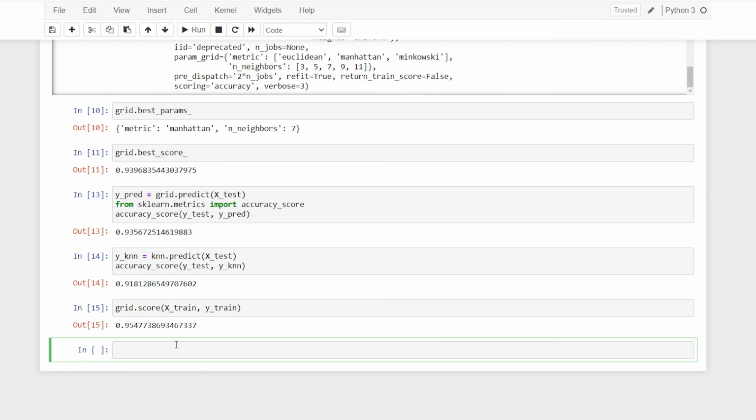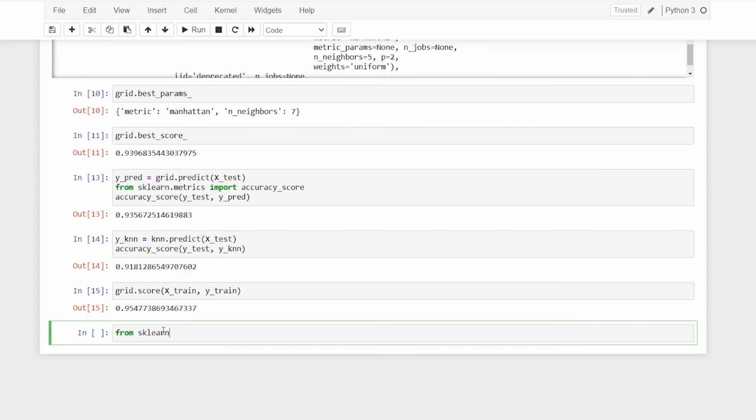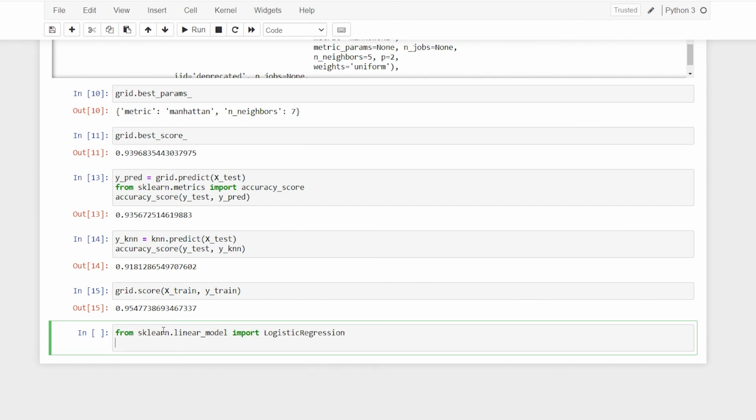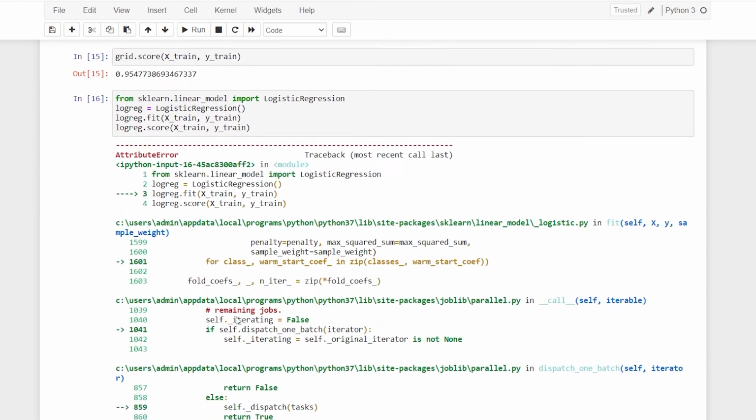So the last one I want to actually show you, even with the logistic regression, that is from sklearn.linear_model I want to import LogisticRegression. And here I'll say logreg, just the name that I want to give so that I don't confuse it with LogisticRegression. Later on I'll say logreg.fit, which is going to take my X_train. So logreg.score, and we have an error.